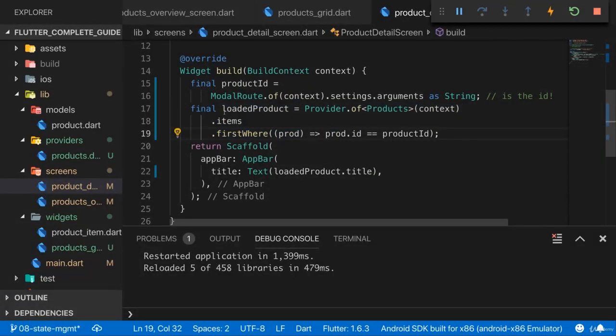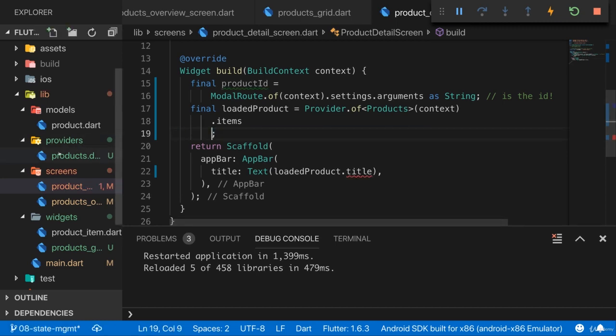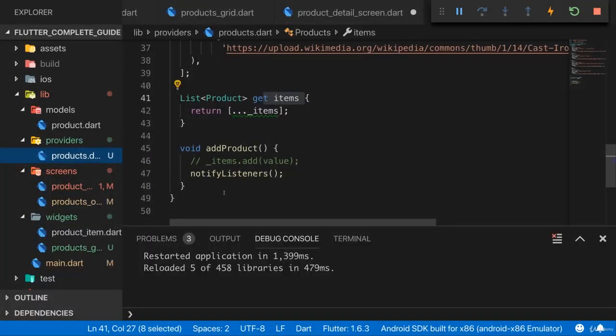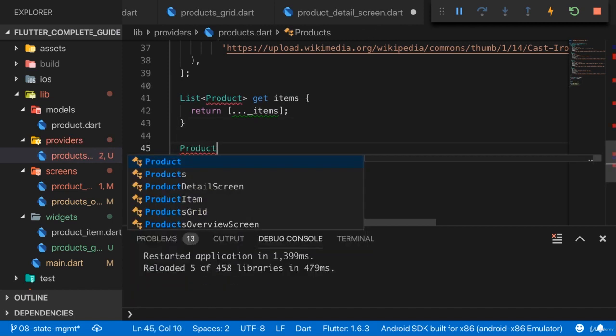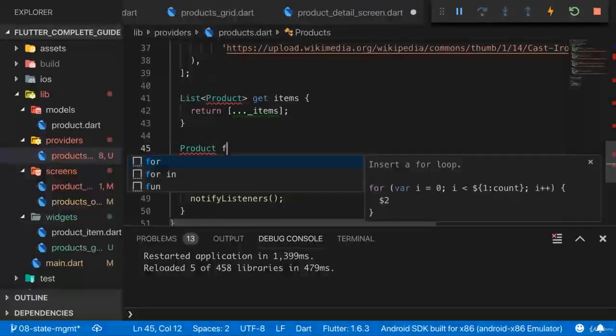Now actually here, however, we can improve two things. One of the things is that we want to move as much logic as possible out of our widgets into, for example, our provider class here. So this filtering for ID here would be better done inside of that class, where we can of course simply add a new method. We can add a method which returns a product in the end, which I'll name find